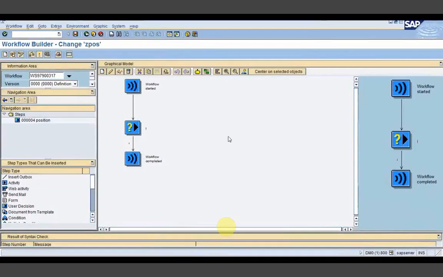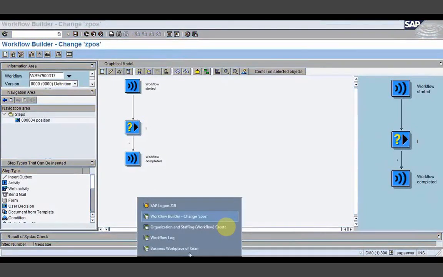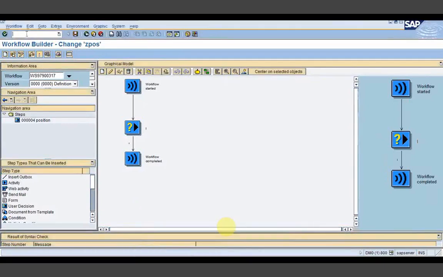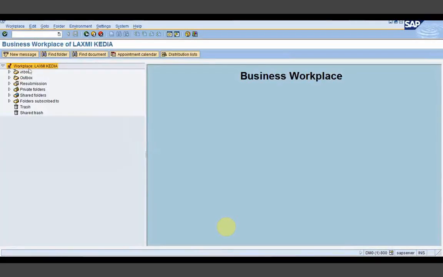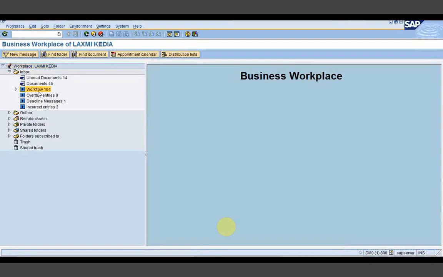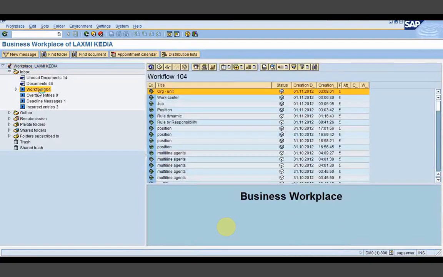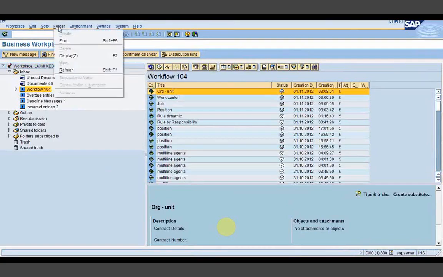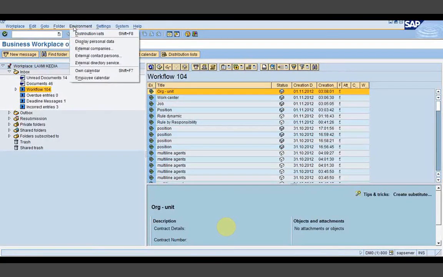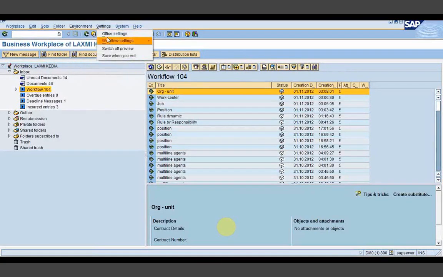Now going to the business workplace, you can see in the workflow tab all the work items are there. Now I will be maintaining one substitute. Going to the